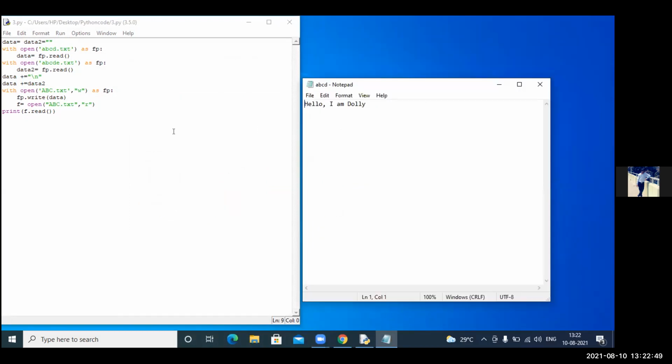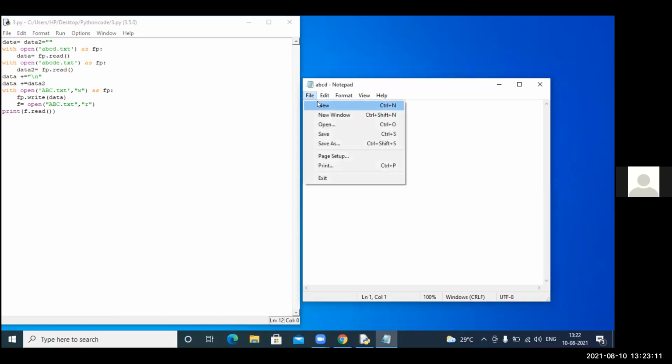So abcd.txt as fp we are getting, right? Fine. Data equal to fp.read. So in abcd, is any value there?